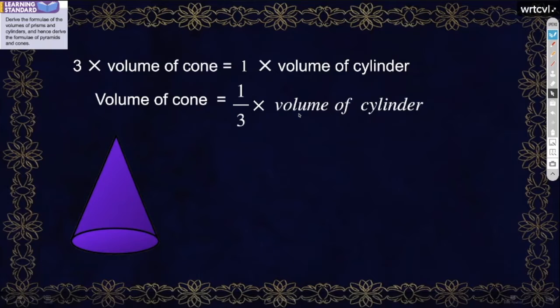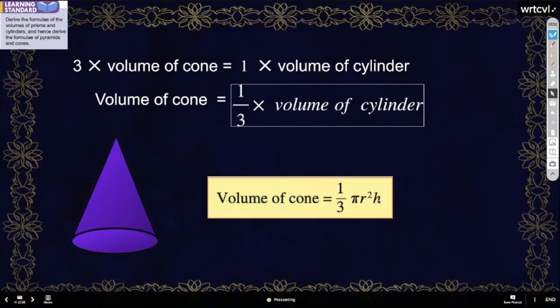Remember not? Just now, the second shape that we derived the formula for. I showed you the cylinder, the circle shape, then you stack up. So what is the volume of cylinder? Still remember or not? Just now. What's the formula to determine the volume of cylinder? You can respond in the chat. Okay, pi r square h. Yes, good. So it's 1/3 pi r square h. Just add in the 1/3.